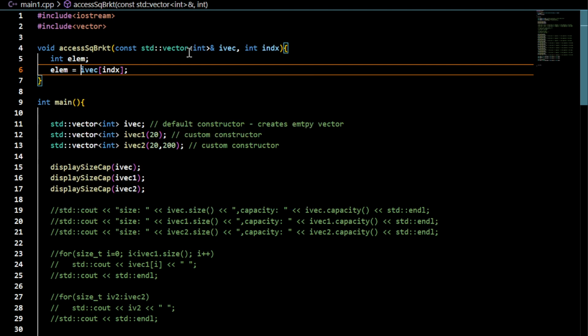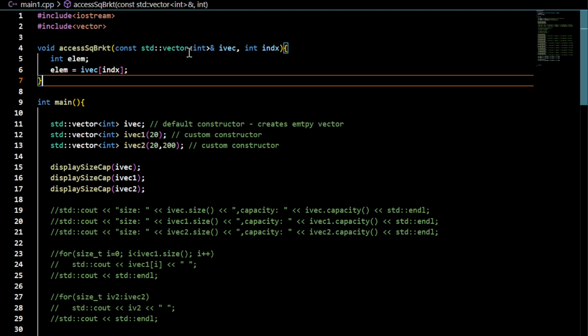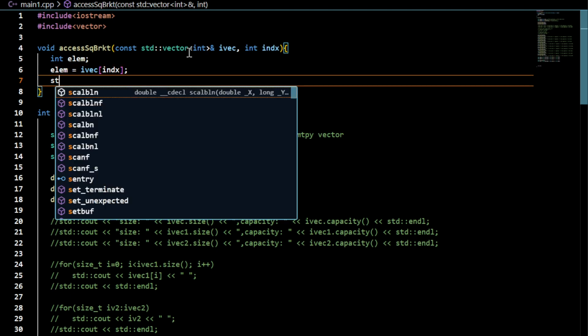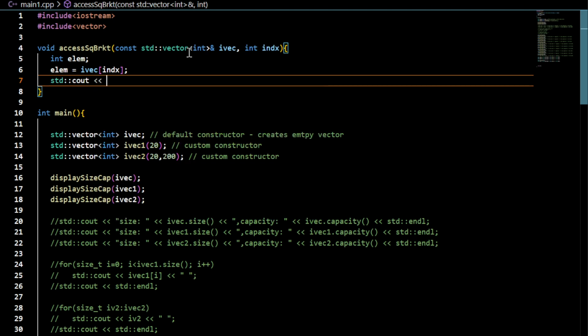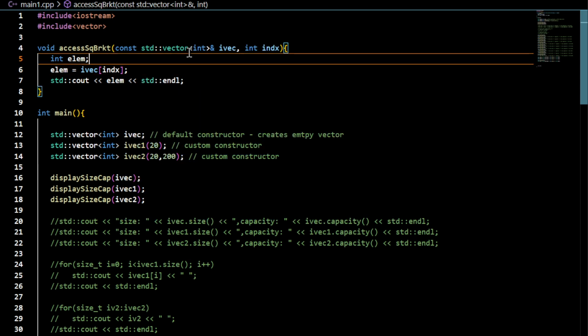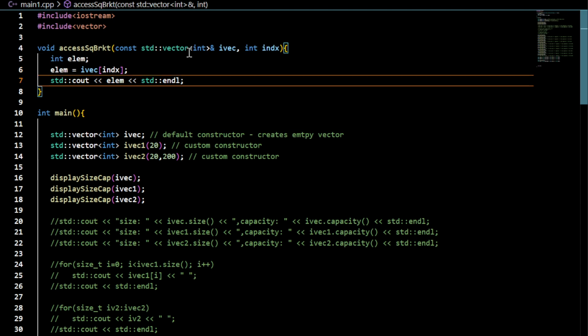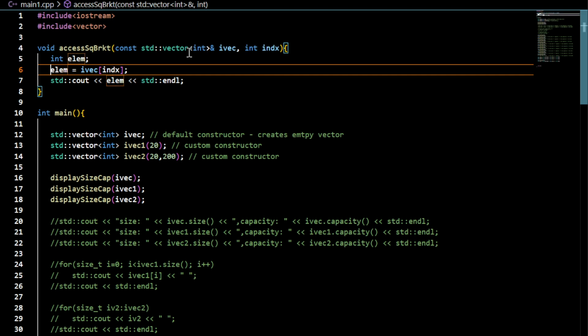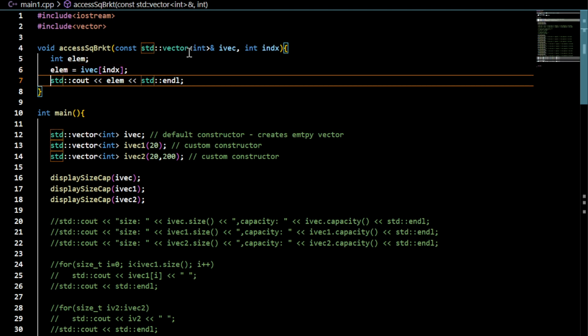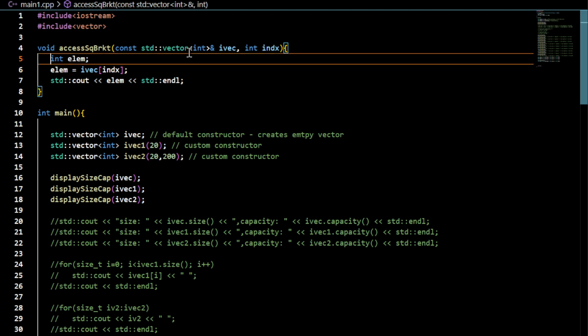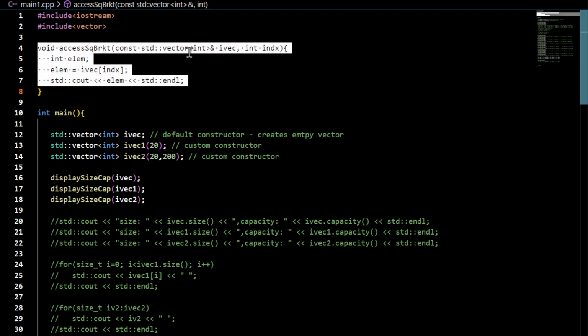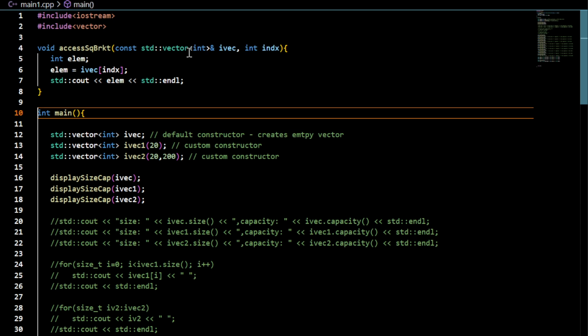Right, so this is all I want to do. And if you want to display it, you also may want to display. If you don't display, then sometimes some of the compilers will flag this as a warning, the variable defined but not used. So if you want to avoid those warnings, then you can have some statement that actually uses it. And I want to access using another function